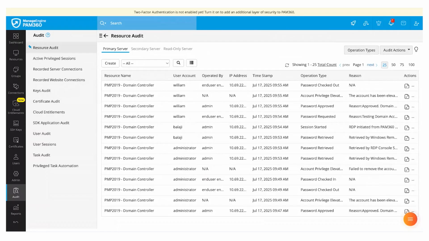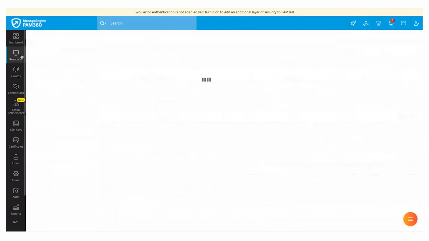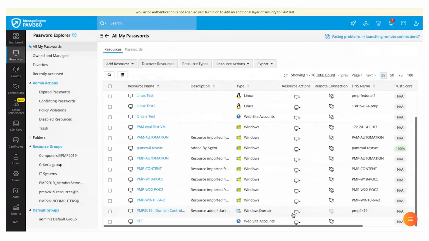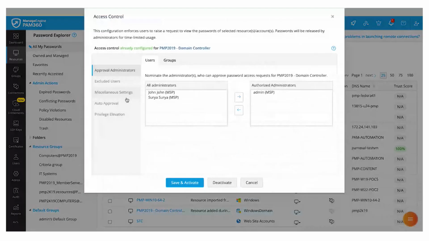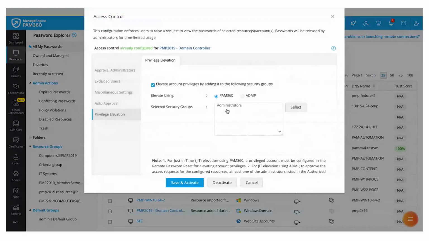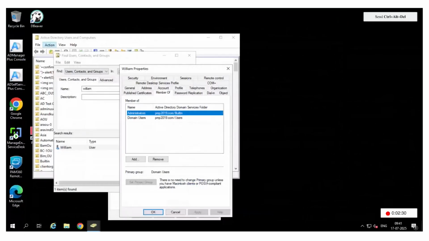Okay, let me remind you again. For this particular domain controller, I have configured the access control for this user to be a part of administrators, right? So rightfully, William is now part of the administrators group on Active Directory. You're able to see that William is part of administrators in PAM in Active Directory, right? Now let me quickly go back to